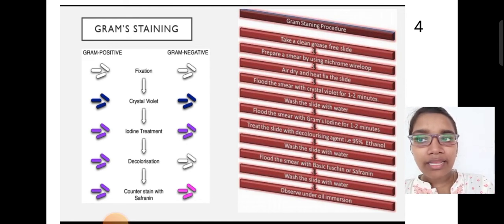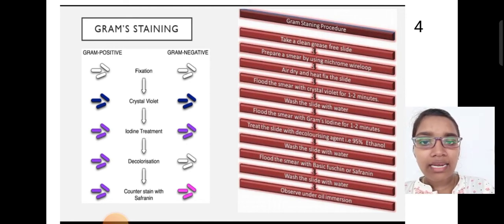First we have taken the two types of bacteria, and they undergo heat fixation, and then we subject them to the crystal violet stain. Crystal violet stain is retained on both the gram positive and gram negative bacteria, and it gives a deep blue violet color to both types of bacteria. And after that we add the mordant, which is gram's iodine. It gives the violet color to both the bacteria, and then we have to add the